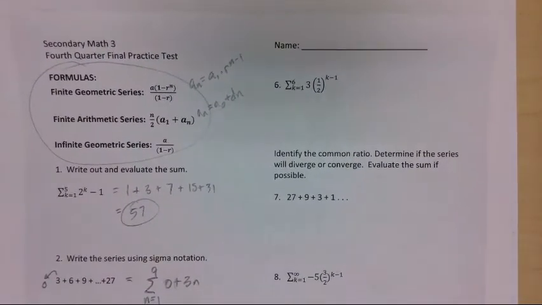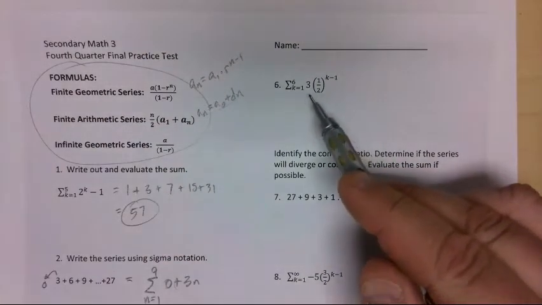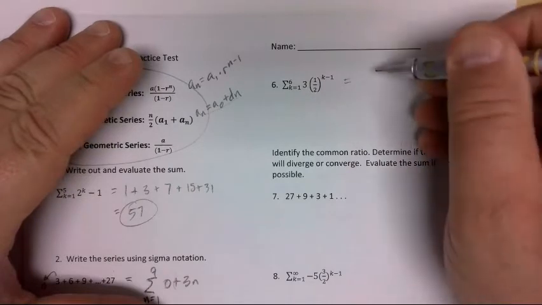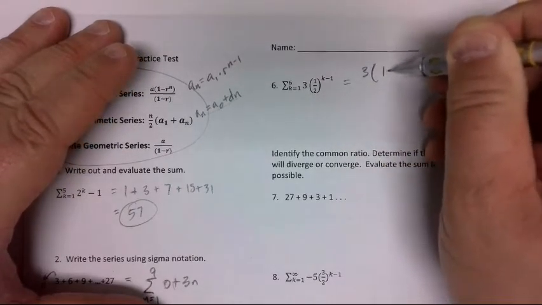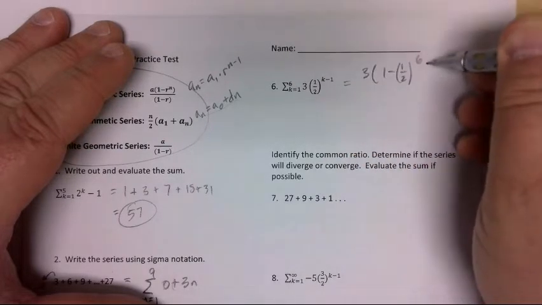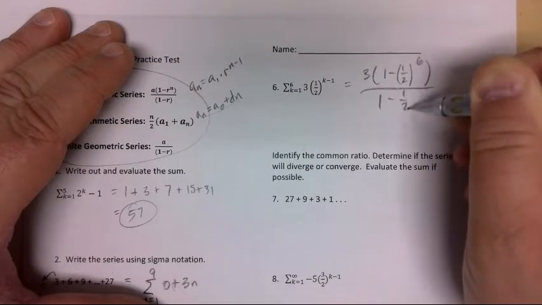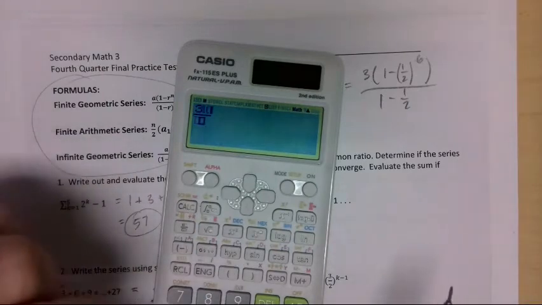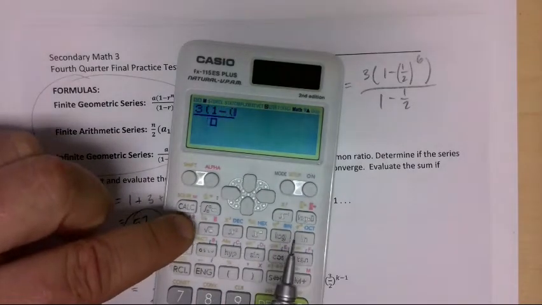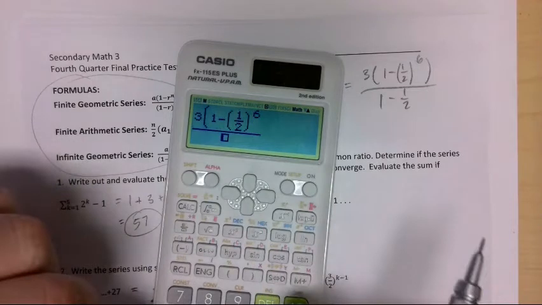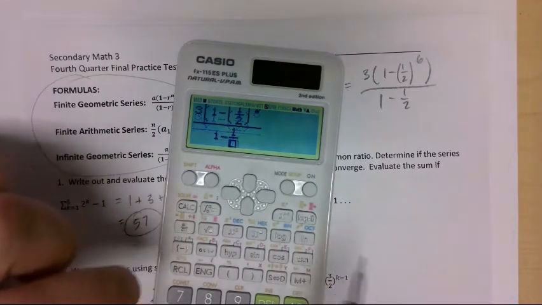Okay, now back up here. I've got this. This I recognize as geometric because it's set up as a first term times a ratio to the power of k minus 1. So my first term is 3 times 1 minus the ratio, 1/2, to the power of n, which is 6, all over 1 minus 1/2. And if I type that in my calculator, 3 parentheses 1 minus parentheses 1 over 2, 1/2, all to the power of 6, all over 1 minus 1/2